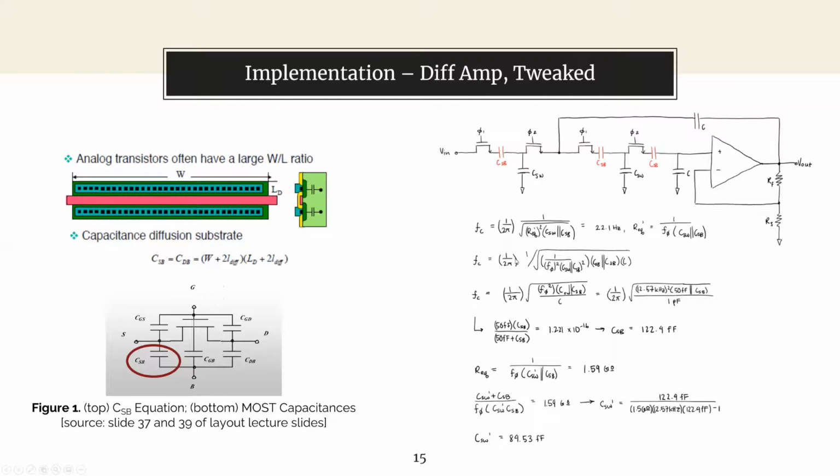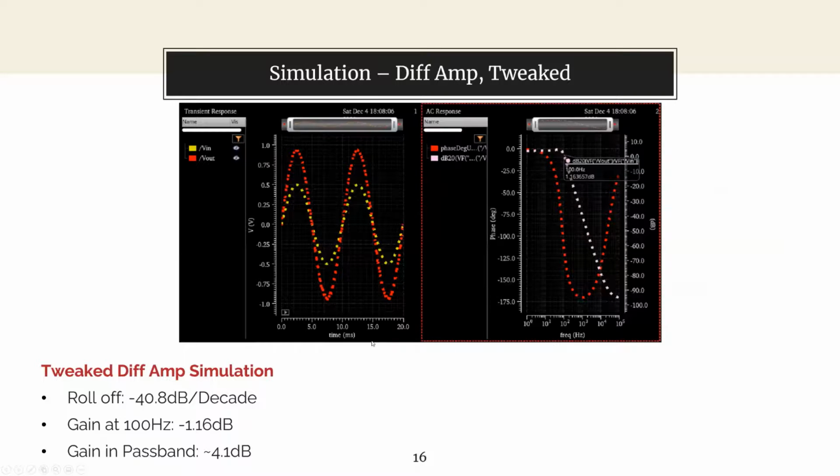Unfortunately, this had the opposite effect of what I wanted it to do. Instead of raising the cutoff frequency from 22 to 100 hertz, it further lowered it. So this means that my parasitic capacitor model was incorrect. And instead of modeling it further, I used the tweaking method to correct the switching capacitance in order to get the desired cutoff frequency. And after tweaking the switching capacitance to a value of 30 femtofarads, which was lower than